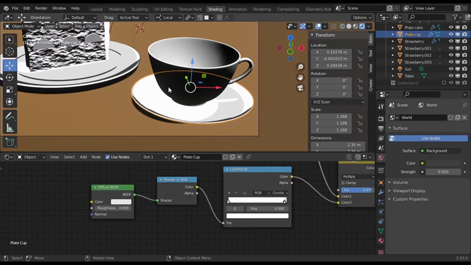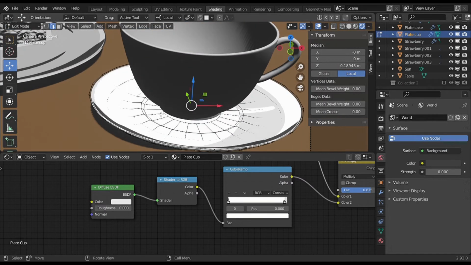I made some changes in the geometry of the plate. This is optional, by the way.